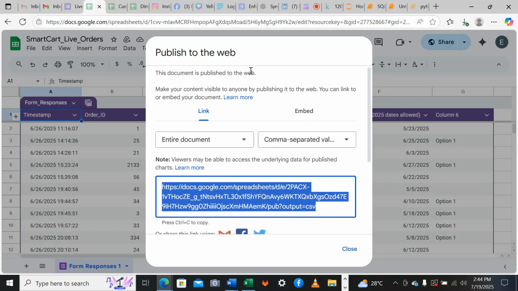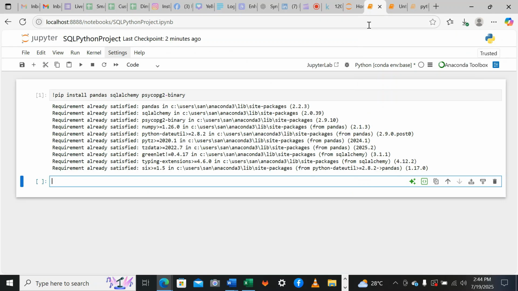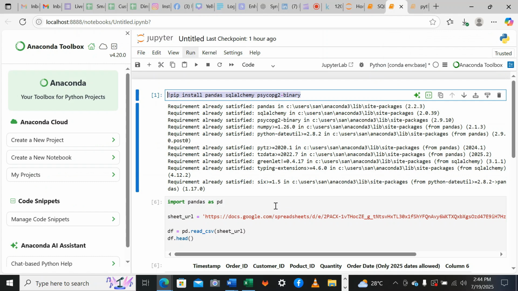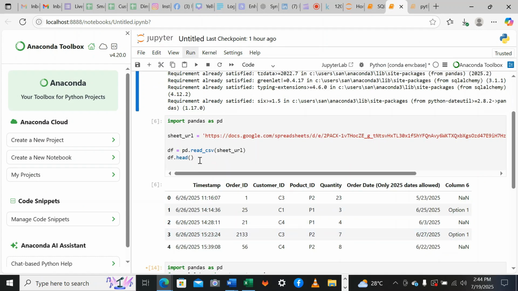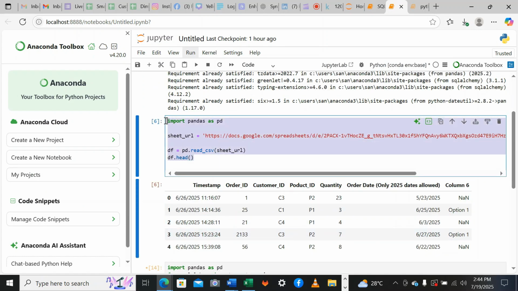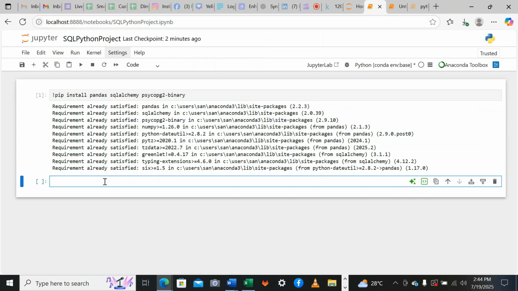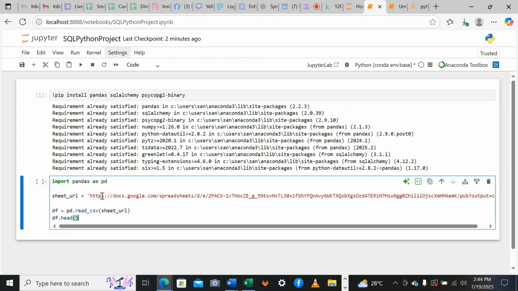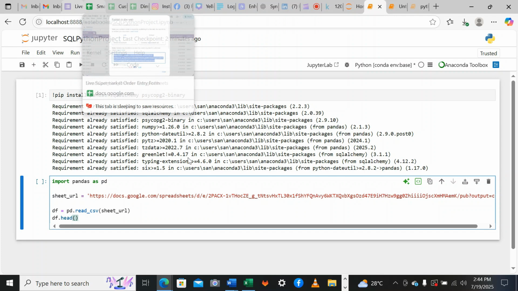this Google Web to Python, and we're going to use pandas. Therefore, we're going to import pandas, and then we're going to use the link that we've copy pasted from